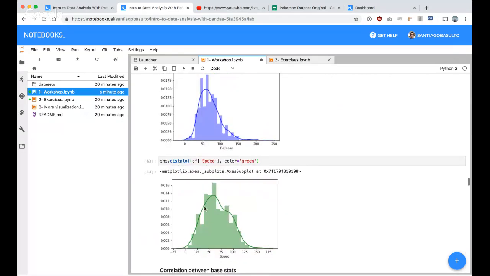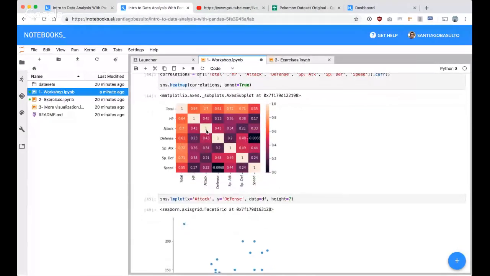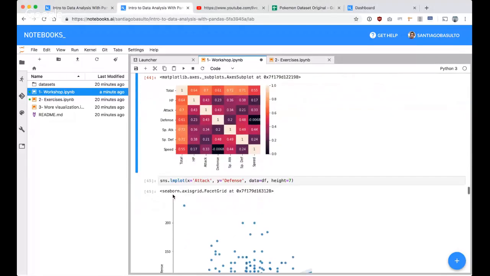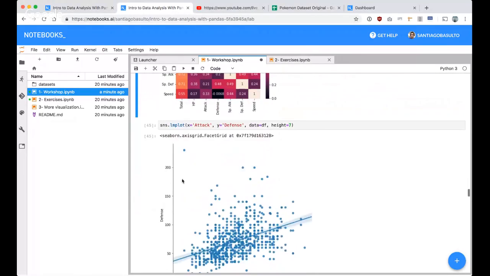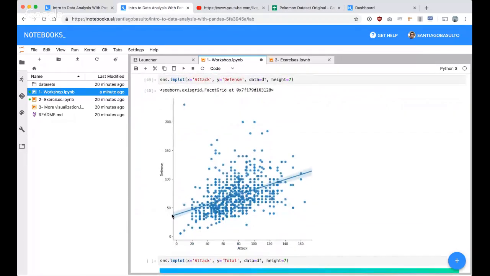So this was a distribution plot showing you the distribution of your data. This is a correlation plot, something you can do with just one line of Seaborn. And also with one line, you can also do a scatter plot, which is basically a linear regression model, because it's literally fitting a linear regression right here. But again, it's just a regular scatter plot